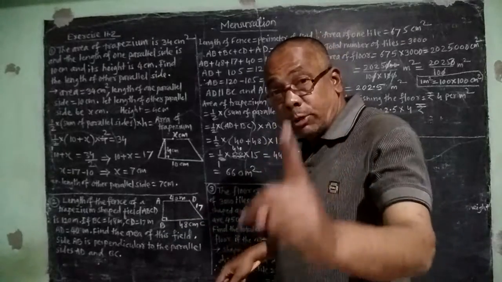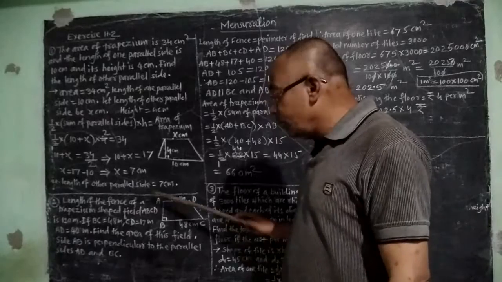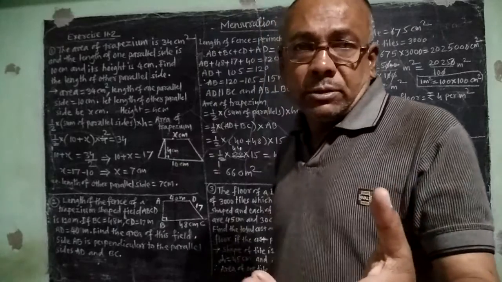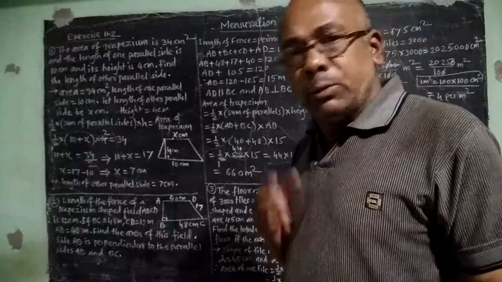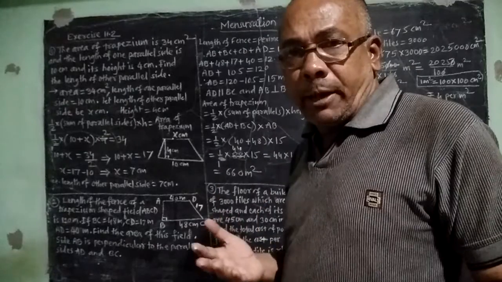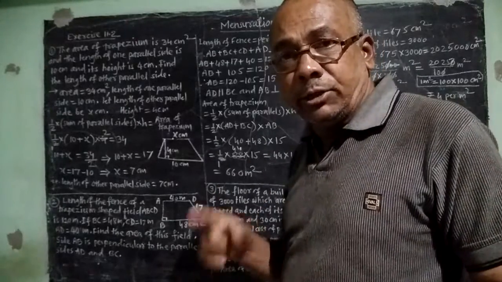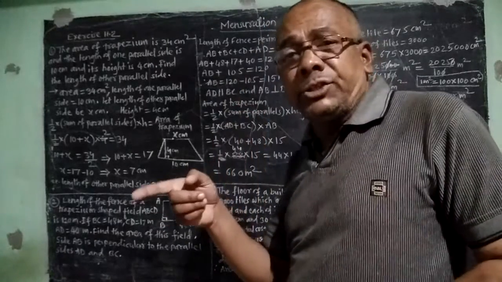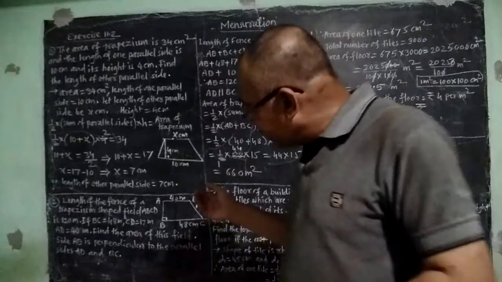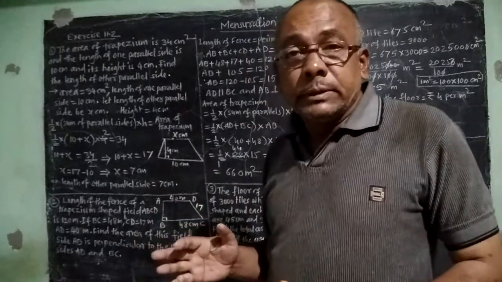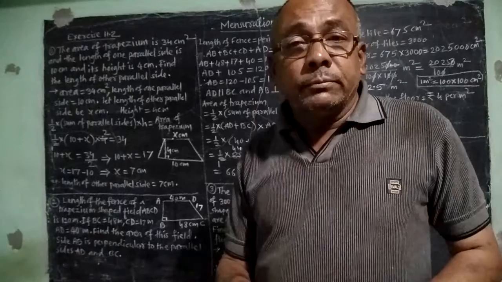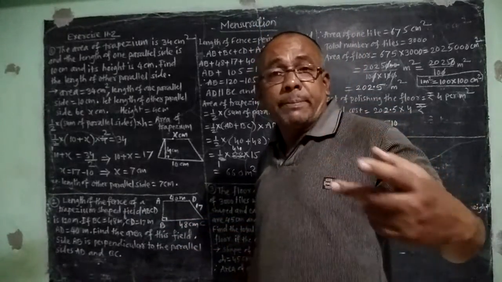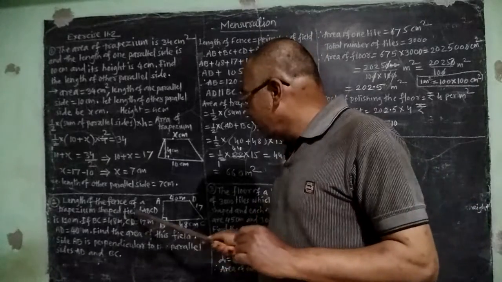Means AB is the height of the trapezium, and it is not given, and we are asked to find the area of the trapezium. But we know that in the formula, area of trapezium is equal to 1/2 into the sum of the parallel sides into height. Means height is very essential to find the area, and height is not given. But the length of the fence, means the perimeter of the trapezium, is given,